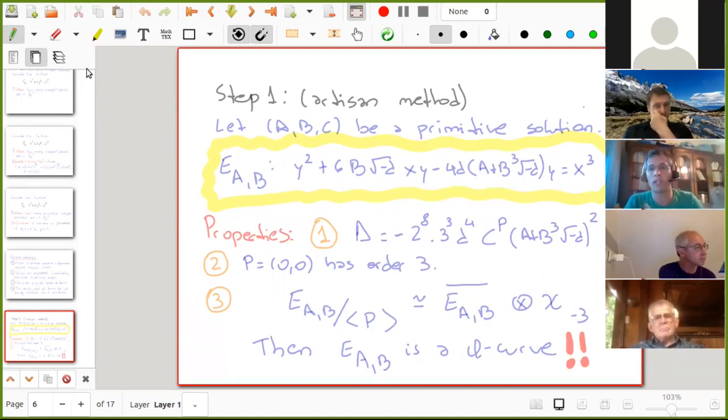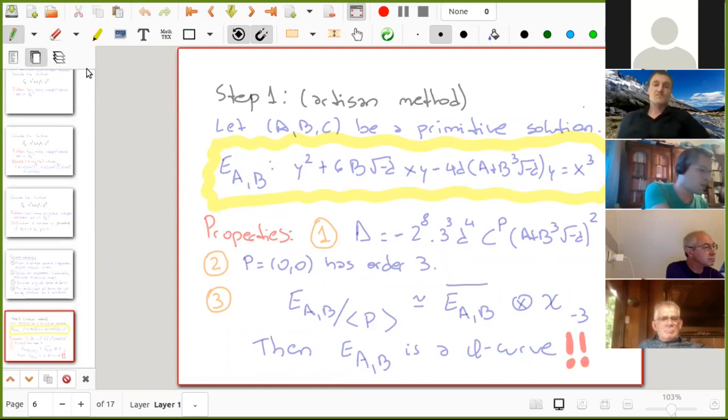You can write it as a difference of squares, and this is where this a plus b squared b cubed square root of minus d comes from. And since you know that these are a power of p, because you have on the other side of your equation c to the p,